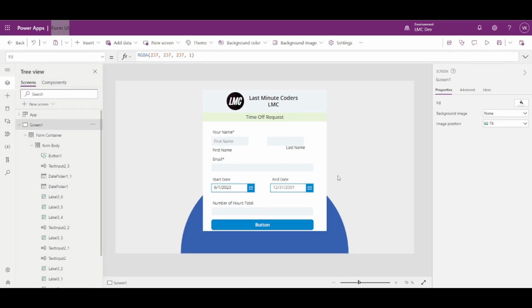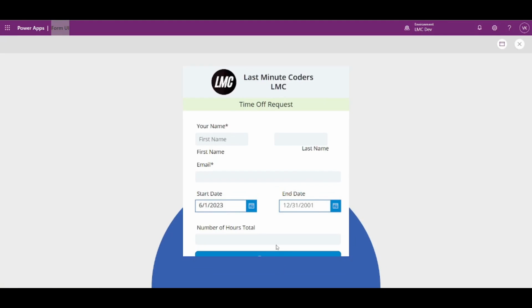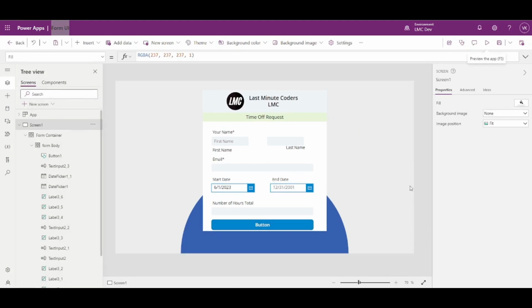Okay, see, if your app is not dynamic, what will happen? I played the app, see, this is cutting, right? It is not displaying everything. See, that is why you have to make your app dynamic. So for now,